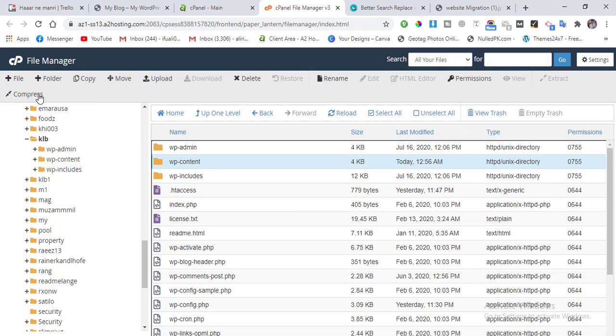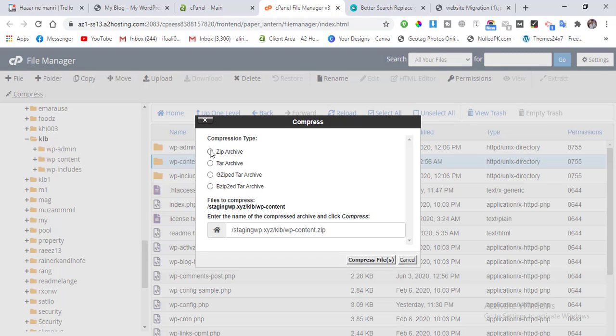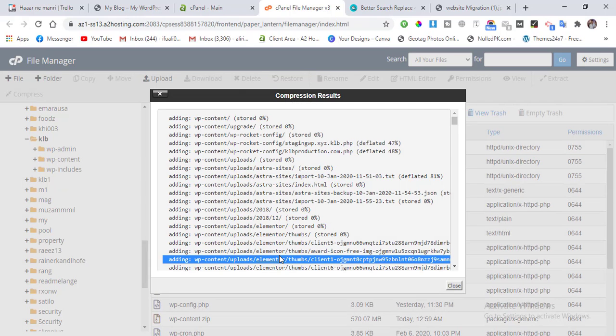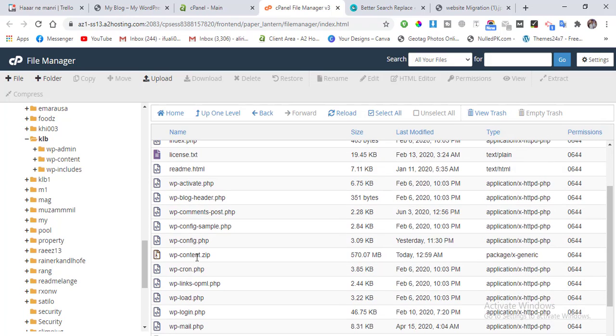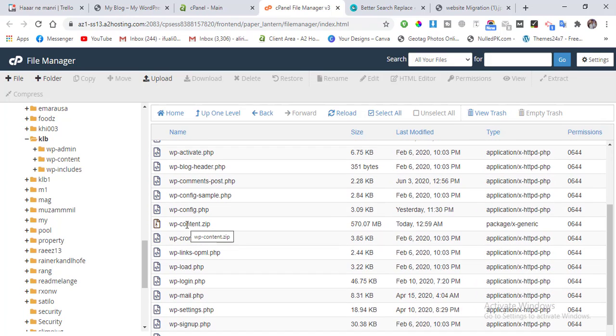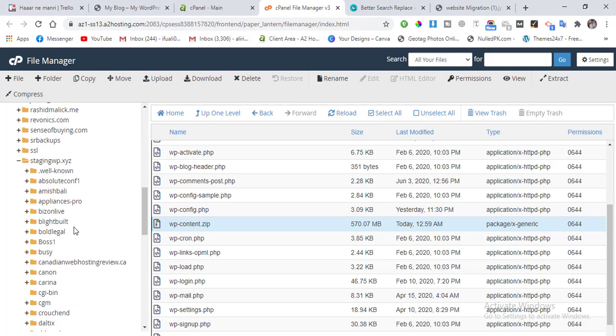We can compress this folder to zip. Now move this folder to our KLB production main website folder.